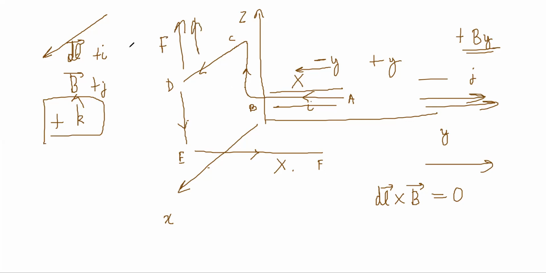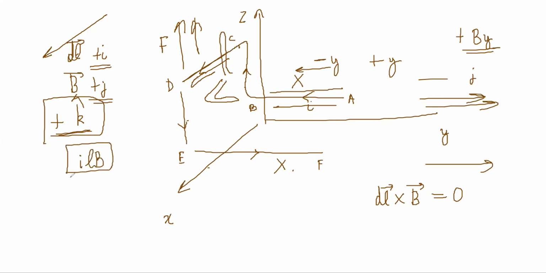I'm doing it by vectors. You can also do it by right hand thumb rule, but it is sometimes difficult to orient your hand nicely. So think of this as your fingers coming like this first. That is your DL, but then your fingers have to curl like this, right? And notice that your thumb will be pointed up. If you can curl it and figure it out, then it is good. Otherwise, do vectors if you're confused, right? So plus K is the force, and the magnitude of the force will be I into L into B in the plus K direction.